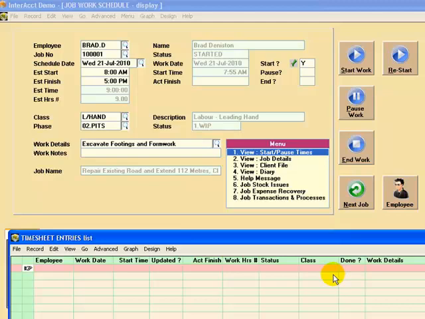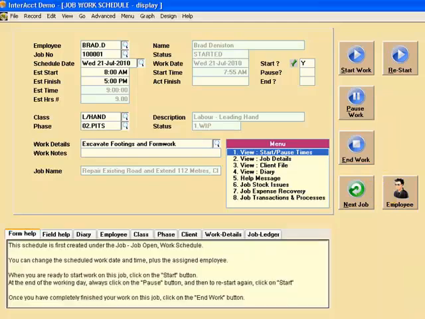It will update all those costs against the job in total, by phase, by cost group, by cost item, and of course the cost ledger. All those costs will be updated. The employee performance analysis, the weekly summary of time by work class, all that's updated just by clicking on this Start Work, End Work button. We've got a pause button, of course, so if you've paused work to have a lunch break or some other such thing, that will just put a halt to the timing, and then